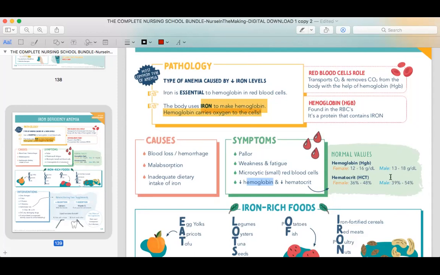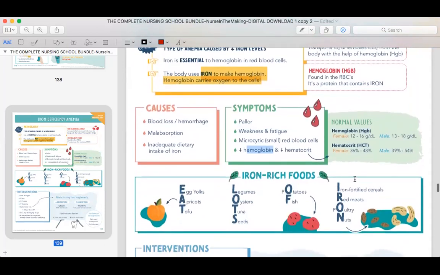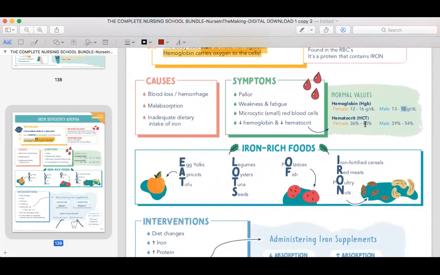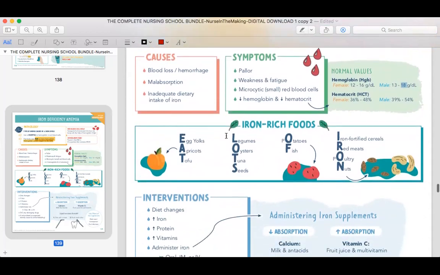And the hematocrit, I think of older adults. 36 to 48, 39 to 54. I know it didn't help, but at least if you know the first one, the lowest number and the highest number, 12 to 18, that also helps. But I think of low numbers instead of bigger numbers because of goblin. Please make sure you eat